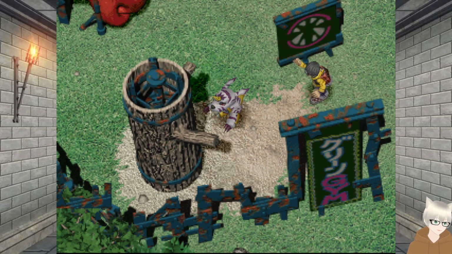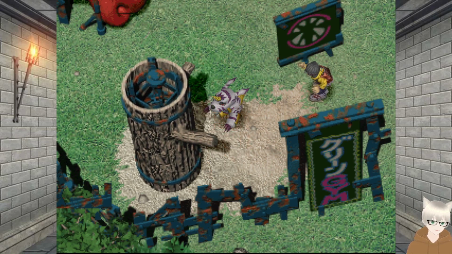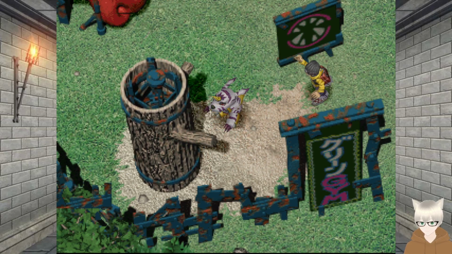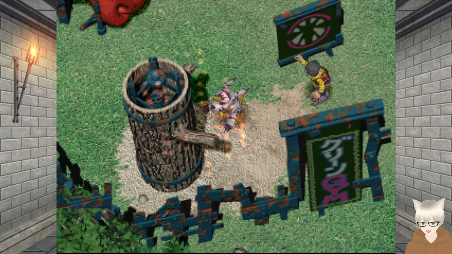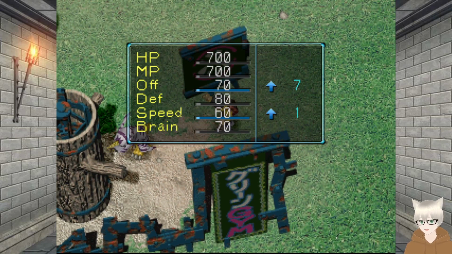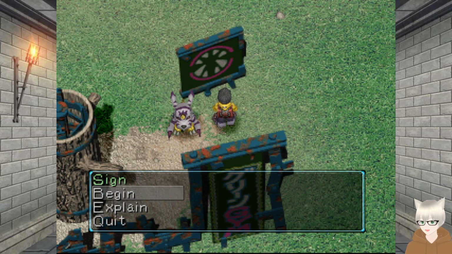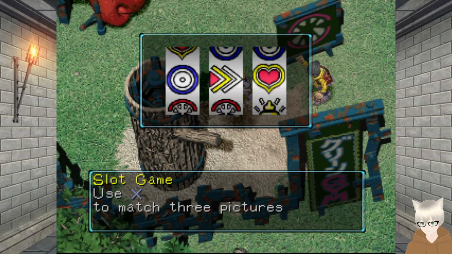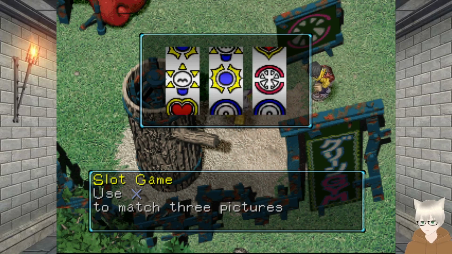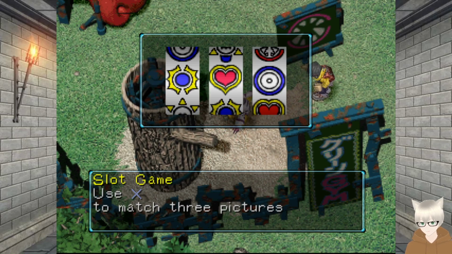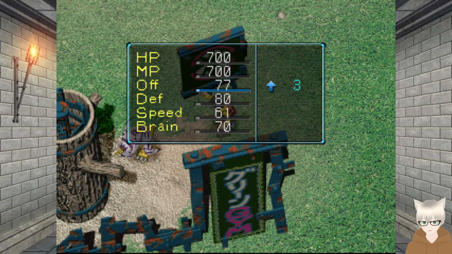And then this animation repeats over and over for 1 in-game hour, which I think is like 1 minute. Okay, right, and so we see, okay, we gain 7 offensive, which is our attack stat, and then 1 speed. And then we can do begin, bonus try. Okay, and here we can like gamble. And I've lost. And yeah, if I were lucky, I would get more points,